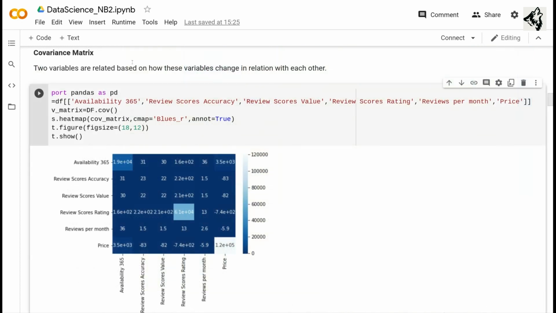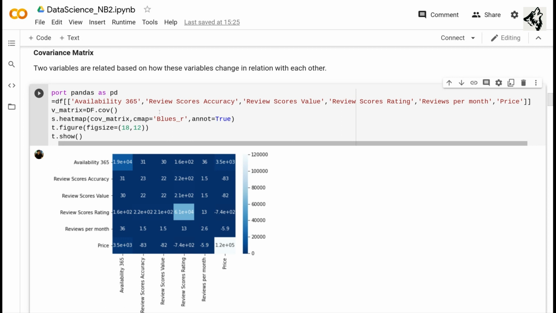The covariance matrix is basically a matrix which represents the covariance between two columns. Covariance and correlation are very similar to each other. Covariance is not bounded between -1 and 1 like correlation. Covariance between two variables is a degree by which they go together. So when one value is positive, when the other value of a column is positive, or when one value is negative, when the other value of the column is negative, then they have a very high degree of covariance.